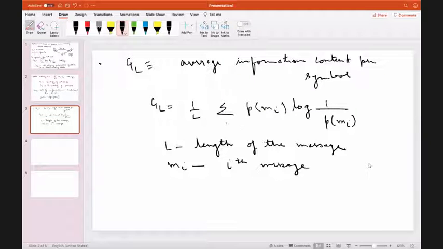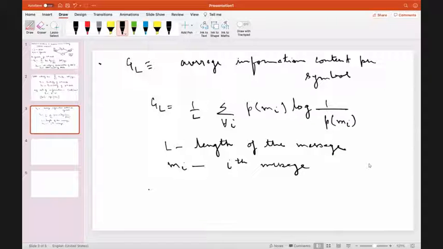And this is for all eyes. So this sign means for all eyes. So now you can have a message that is comprising of only one symbol, so then L is 1. You can have a message that is comprising of 2 symbols, so L is 2. When L is 3, that means the message is formed by a combination of 3 symbols. So you can just say that you are evaluating the entropy of messages of different lengths.